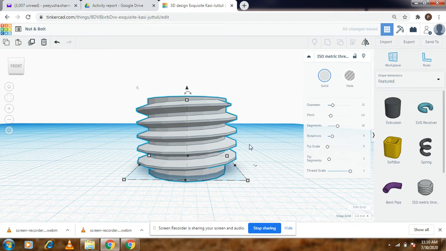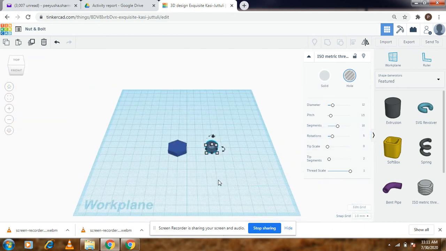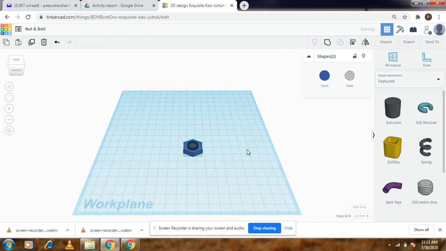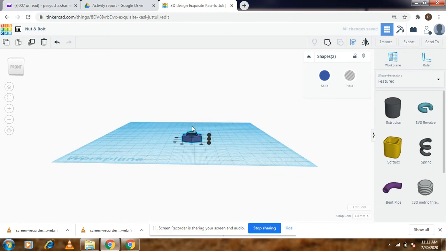So let's first go ahead and, okay, so the height is 8.63 mm, which is fine. We might need to convert it into a hollow object because we want this to be subtracted from our other object that already is present, which is the polygon. I might, yeah, 12 is also fine. So let's zoom out. Let's select both the objects. Let's hit align and align them together. So now I can see that my isometric thread is placed exactly in the center.